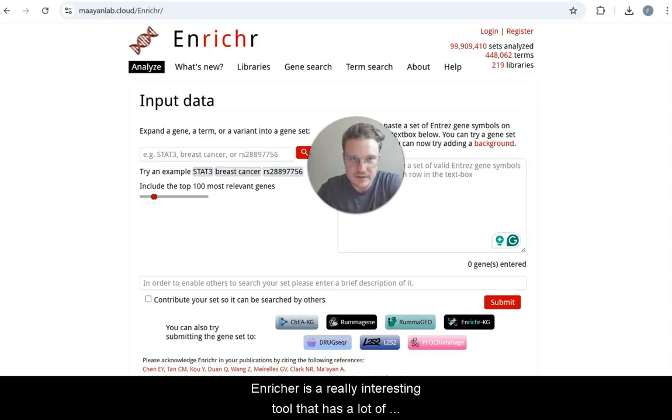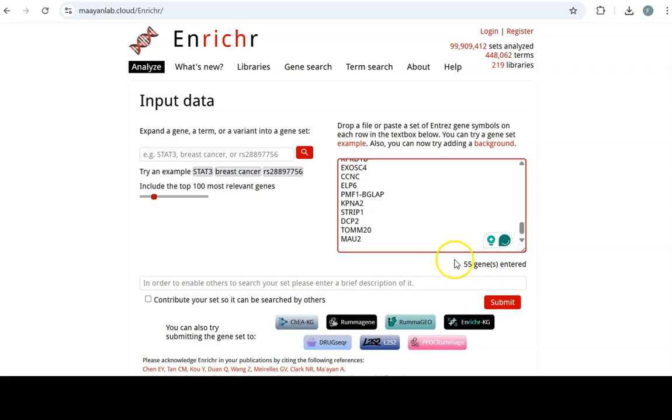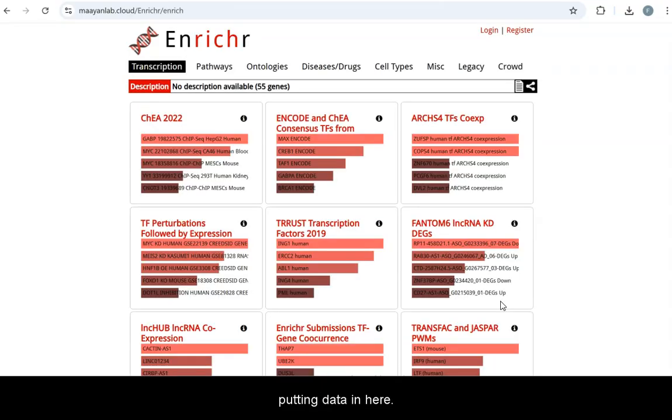And Enrichr is a really interesting tool that has a lot of components to it. So I'm going to paste a gene list here. You can see 55 genes, and I'm going to press submit here. There's plenty of settings you can do, or different ways of putting data in here, but now I'm coming with my 55 genes, and just for reference,